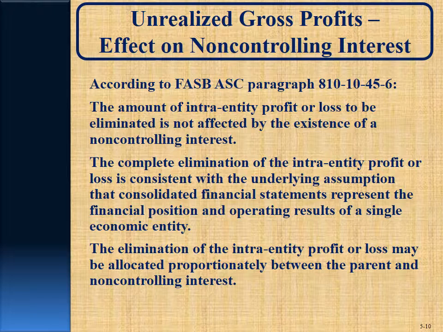In the textbook, the non-controlling interest share of consolidated net income is based on the reported income of the subsidiary after adjustment for any unrealized upstream gross profits. Upstream meaning because the sale occurred from the subsidiary to the parent. So how does that all jive out here? Well, if the $40,000 unrealized gross profit, because the